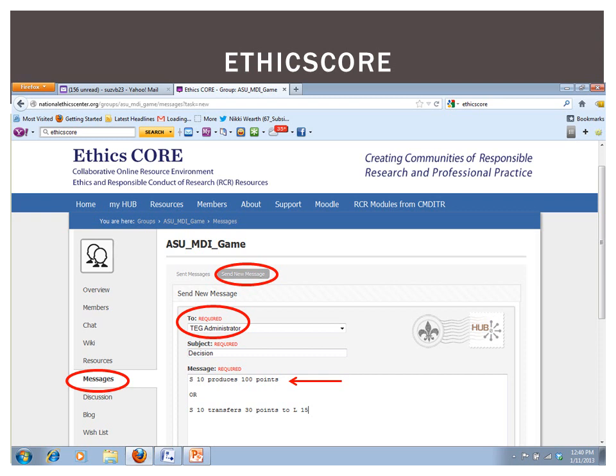In the transfer or second part of the game, you also need to provide your own player code, the number of points you want to transfer, and the specific player code you want those points transferred to. For example, S10 transfers 30 points to luxury player number 15. When you're done typing your message, simply click Send in the lower right-hand corner of the page.